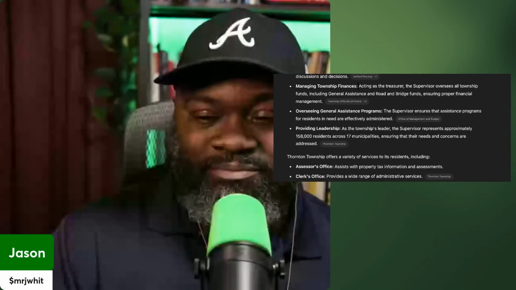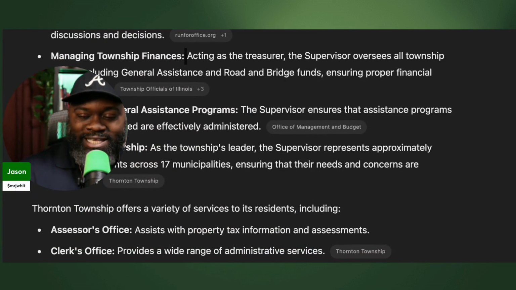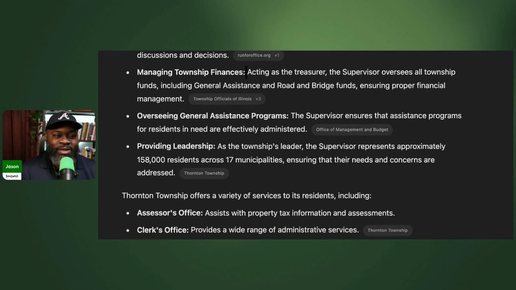But yeah, that was it though. Okay, so if you just jumped in or you just missed most of it, we watched what I think we all agree was a community forum. I don't think we could call it a debate. The Thornton Township candidates for supervisor had a community forum. There was a young lady who's a write-in candidate, last name Walton. I think Walton is also an independent as well. And then we had Richard Nolan, the Republican candidate, and Nate Fields Jr., the independent candidate. And they had a good conversation.